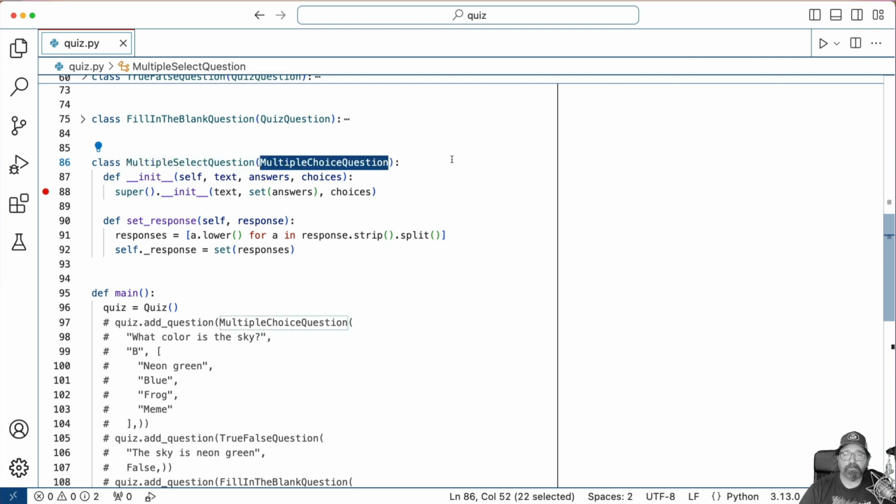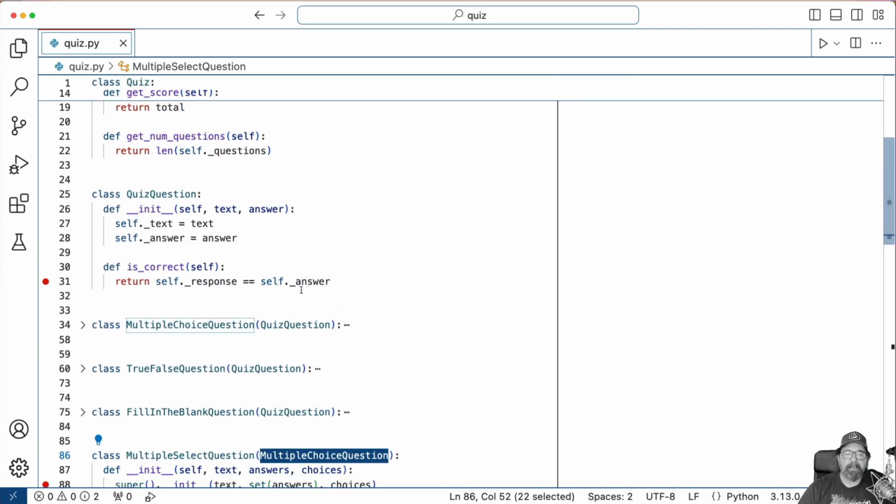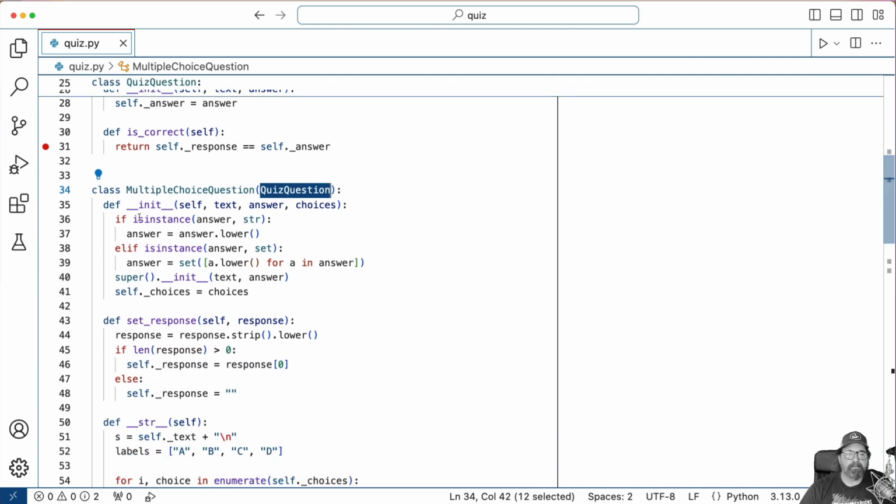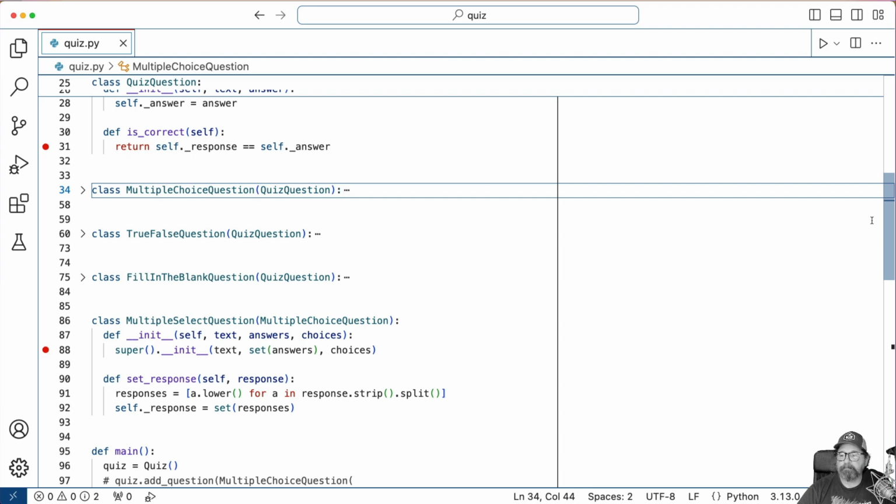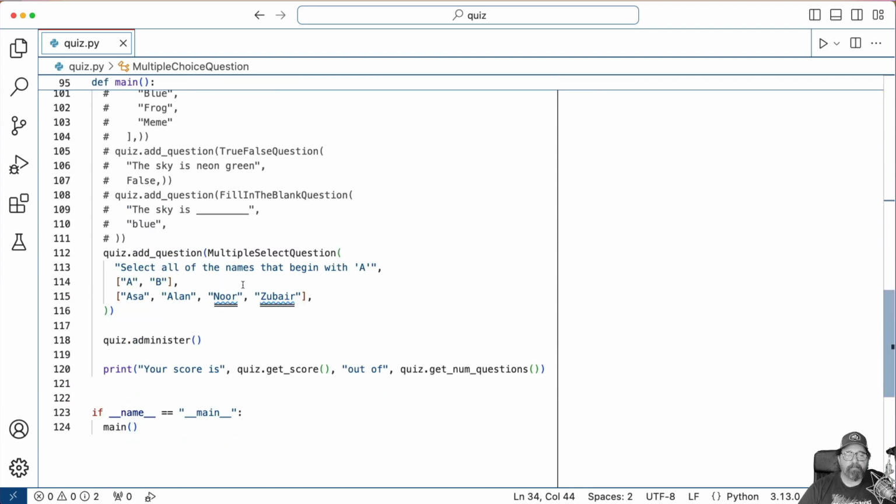It is a type of multiple choice question, and a multiple choice question is a type of quiz question. And we're using isinstance in here to look at this. So is answer an instance of the string class? If so, just call lower. Else if, is answer an instance of the set class? If so, go ahead and loop over it, do a list comprehension, turn it into a list of lowercase letters, and then turn that into a set for the answer, okay? So isinstance allows us to look at a variable and figure out whether or not it belongs to a class, okay? And that's interesting for this because if I come back down here, here's my multiple select question,